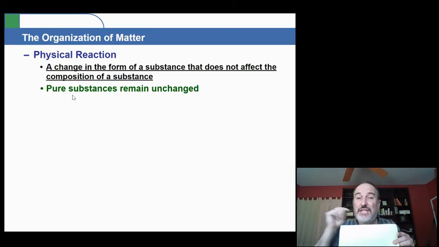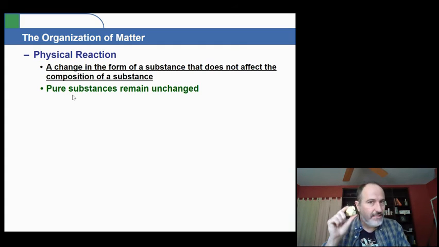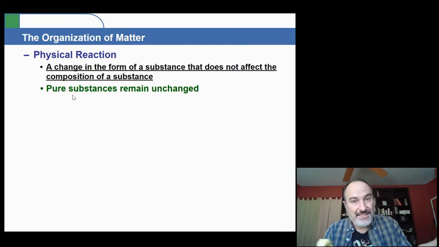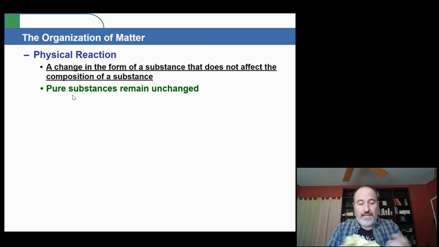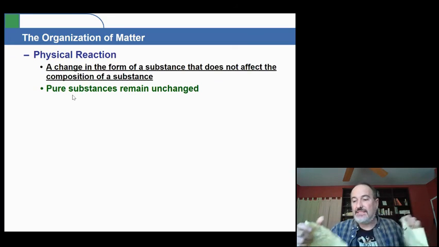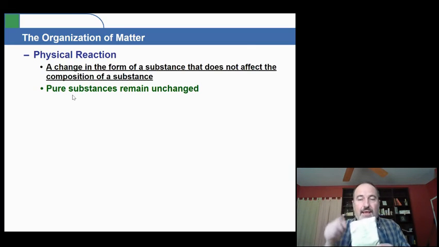Now, I can change these physical properties. I can crumple it up. Hey, look, I just changed its shape. But is it still a piece of paper? Yes, it still is. I can change its color. It starts off yellow, but now, hey, look, it's yellow and black. So the physical properties are changed, but it's still a piece of paper. I haven't really changed what it is. I can change its mass. Now there's less of it, but it's still a piece of paper. These are all physical reactions.